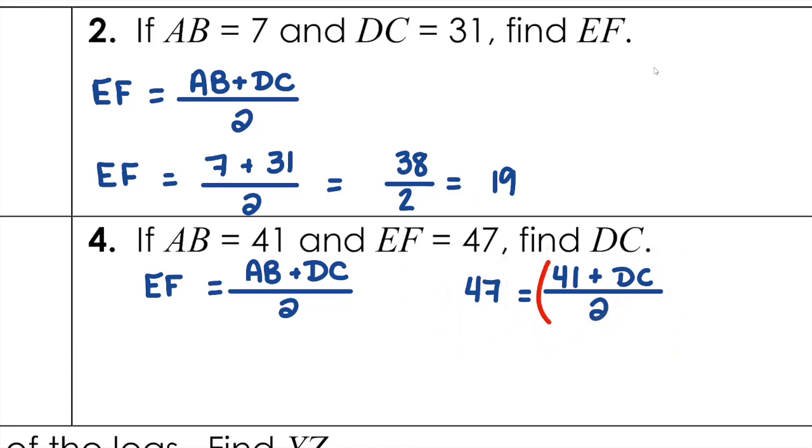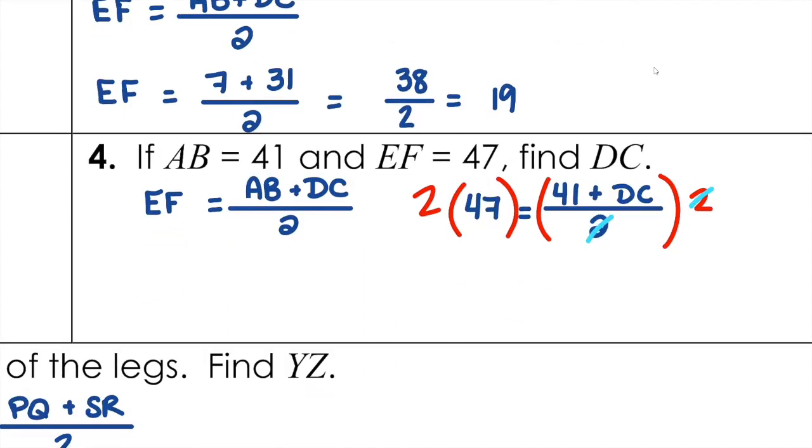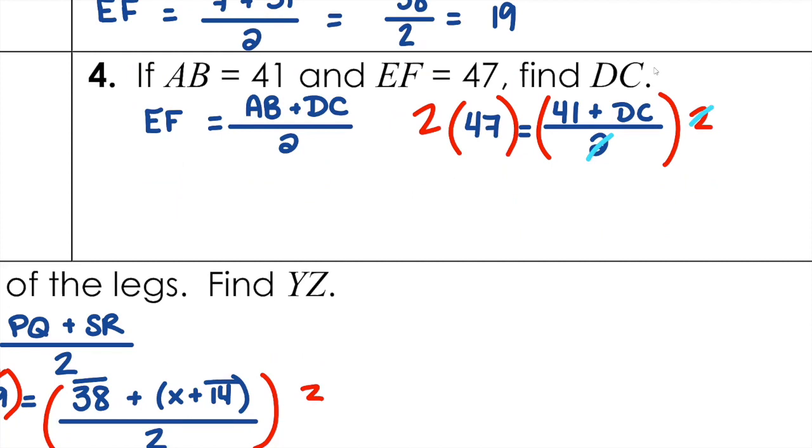Yep. So we're going to multiply both sides by those. What happens to those 2's on the right? They cancel out because 2 divided by 2 is just 1. So we end up with, what is that? 94. So 94 equals 41 plus